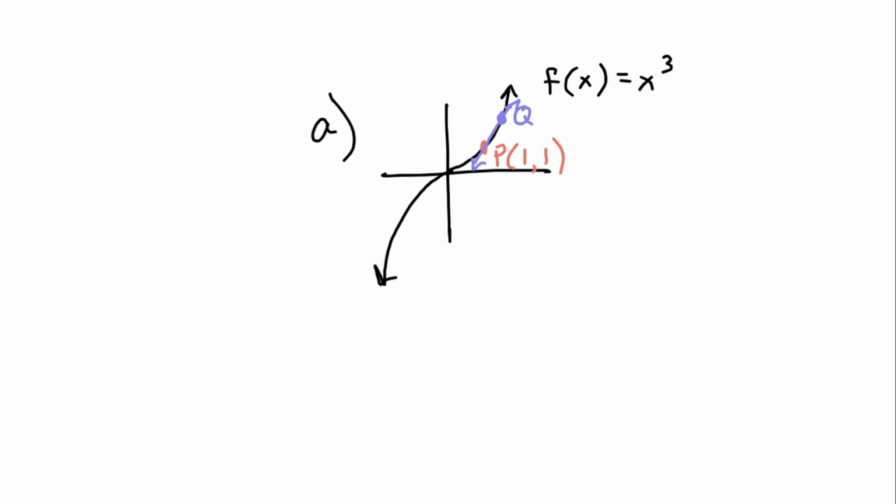But then what they want you to do is do a limit definition. 1 as x approaches the a value. Well, in this case, it's that 1. And then what you're supposed to do is f of x minus f of a. Well, the a value is 1 over x minus the a value of 1. And you can clean this up a little bit just by